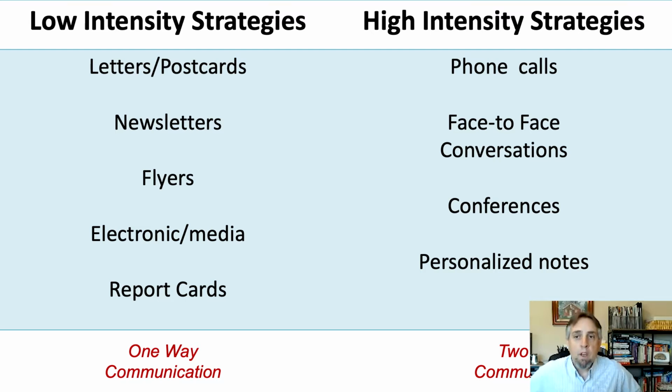Quick question before we go on. Take a look at this list one more time, both columns, and ask yourself, what is missing? There's something significant missing in both one way and two way. What's not there that you think, why isn't it there? Think about that for just a moment. What's missing from my list? What's missing is email. Why isn't it in the high intensity? Because it is two way, right?